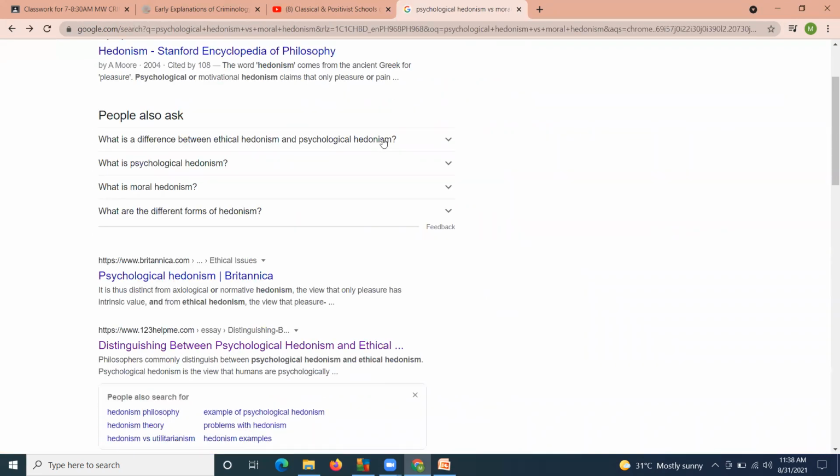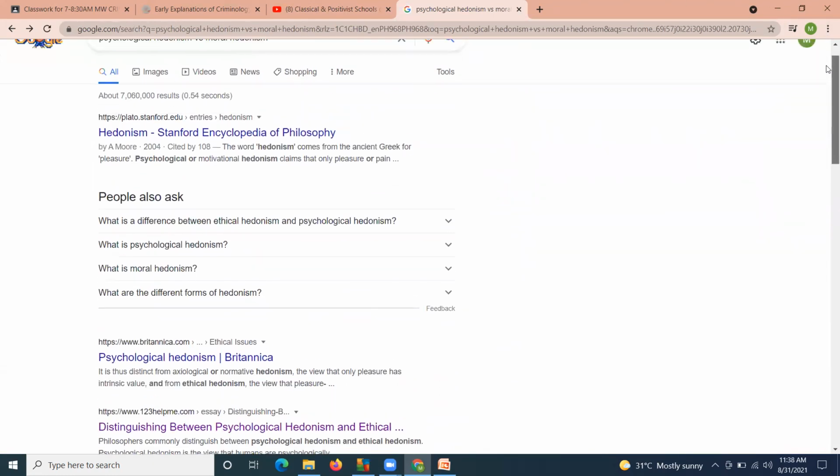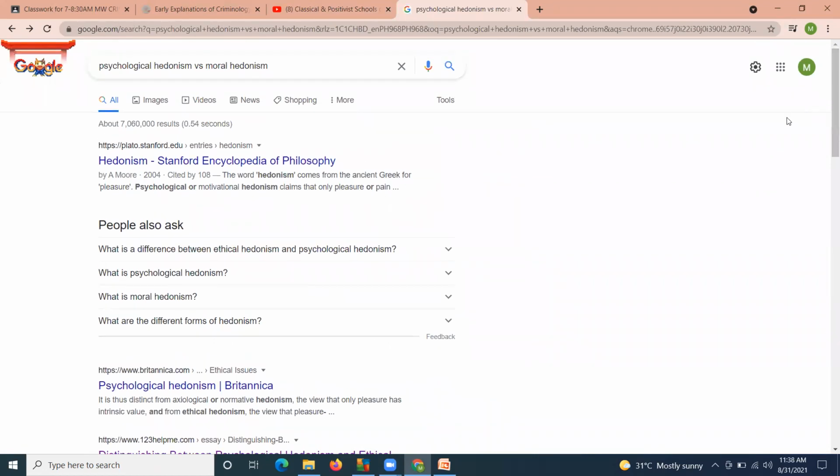So what are examples of psychological hedonism? Like for example, you want to have a brand new phone. Okay? You want to have a brand new phone but you do not have the money. So what can you do, you will think of stealing money. So, in psychological hedonism,